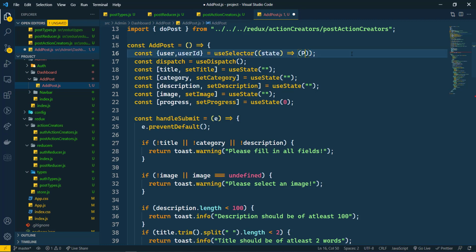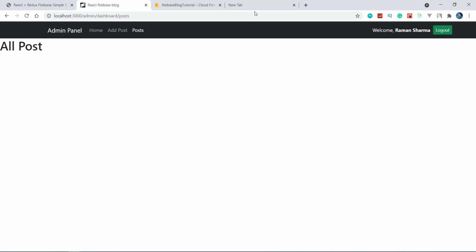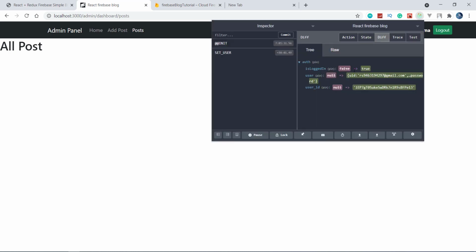I'm going to create the object, and it will be user first, and then we need user ID. So what is that? That is state.auth, and let's see here. When I go here and check, that is user_id.